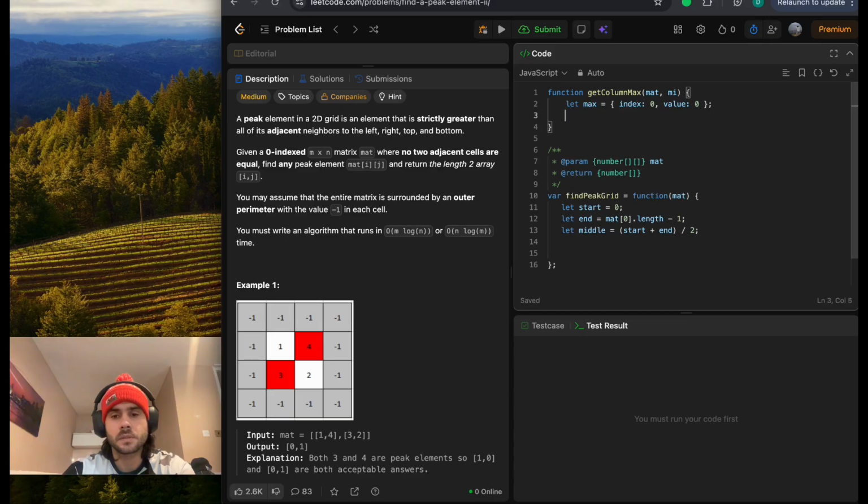Okie dokie. I think it's easier to do it with a single object, so I can just return the index after and also store the value